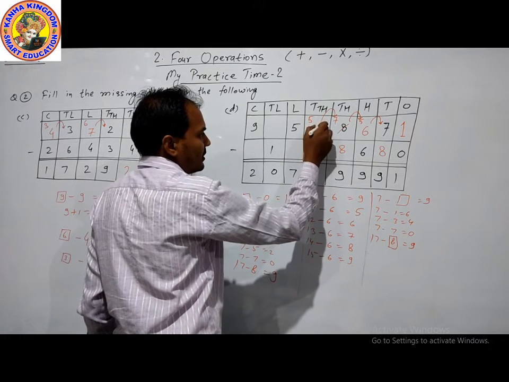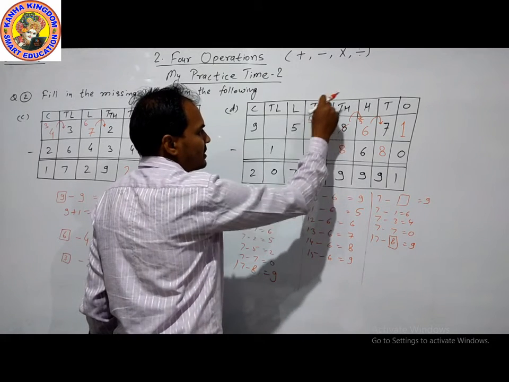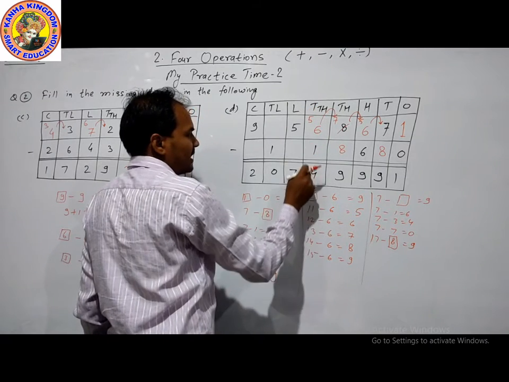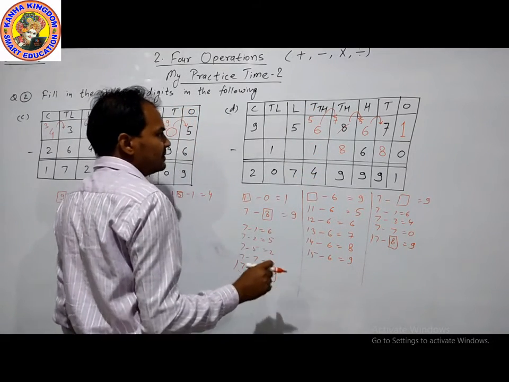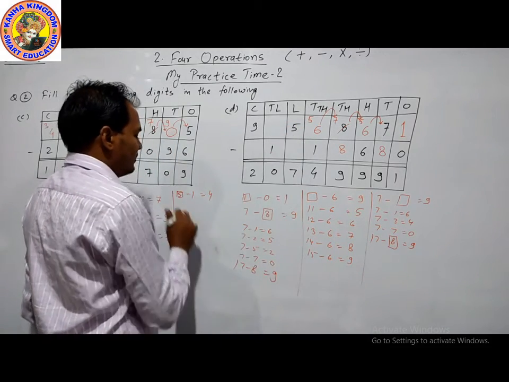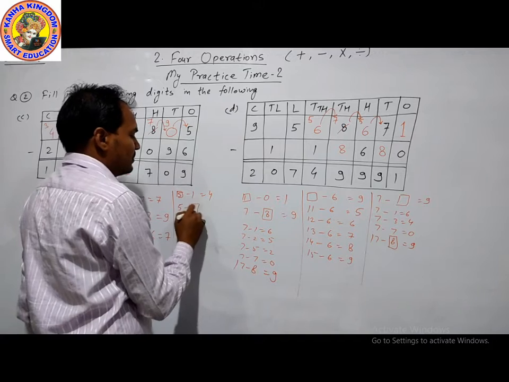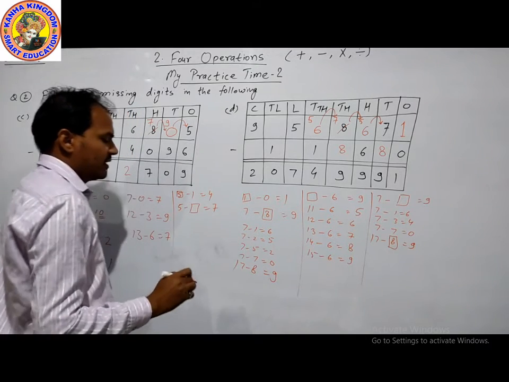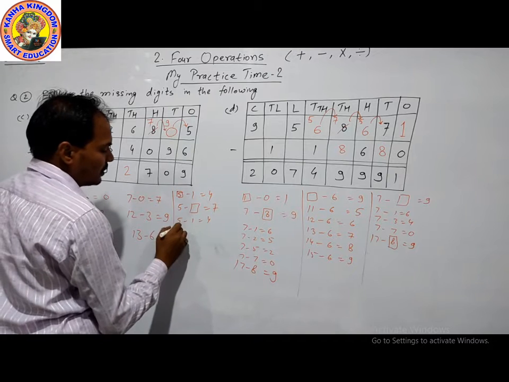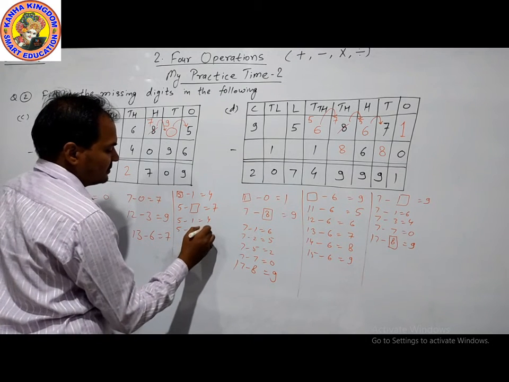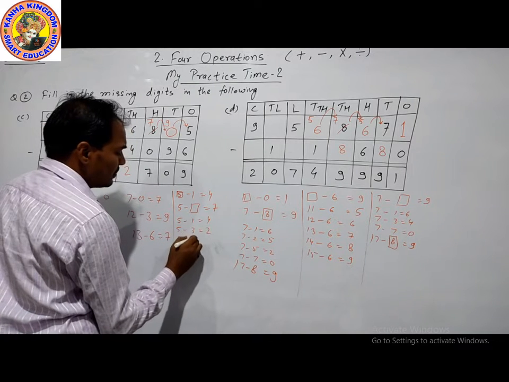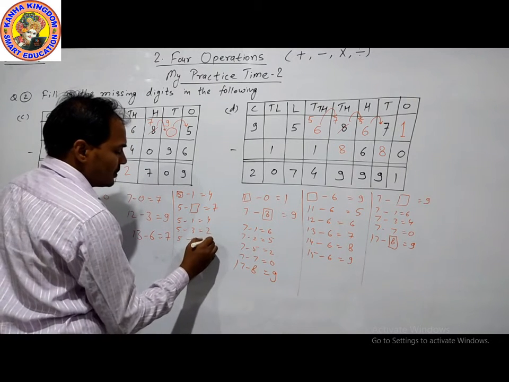A borrow point. This digit will be 6. 6 giving a borrow, then this will convert into 5. 5 minus 1 is equal to 4. Next is 5 minus something to get 7. 5 minus 1, 4. 5 minus 3 is equal to 2. 5 minus 5, 0.